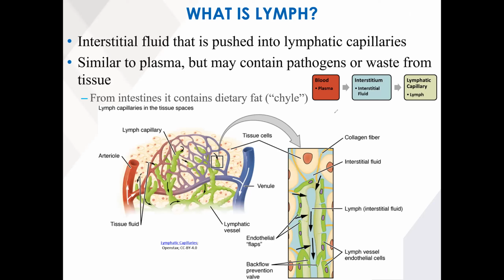And so what's happening here is the same thing that we think of as blood moving or anything else, right? Things are going from high to low, and the place with low pressure is in this lymphatic capillary. So the interstitial fluid is going to get pushed into the lymphatic capillary, and then some of the plasma will be pushed into the interstitial fluid. So the lymph is going to be really similar to plasma, right? The biggest difference is going to be location. I mean, there'll be a little bit more waste products, things like that in the lymph. But the big thing we want to think of is that this is primarily a location